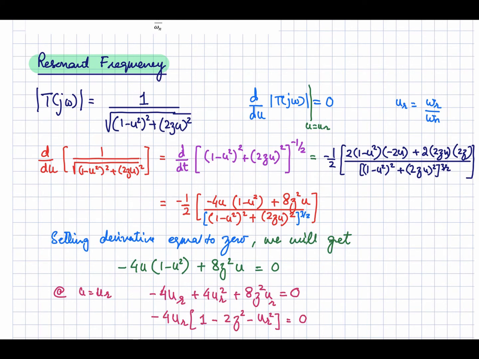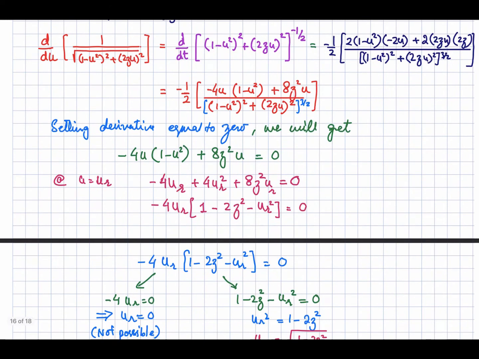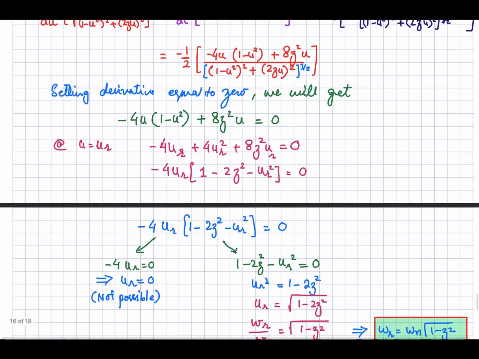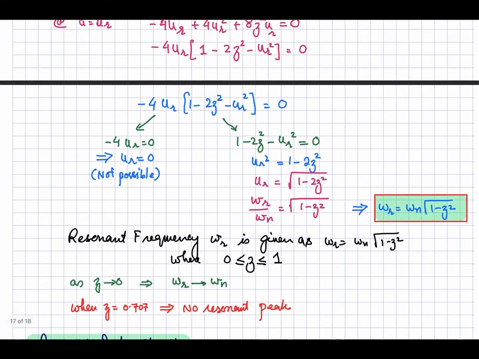So now let's take the derivative of this one. So this one over here, and we can write it like that, and if we apply the derivative rule, that can be written like this. So finally we will get this expression, and if we set this derivative equal to 0, we will be left only with this part, so that will be equal to 0. And if we take u equal to ur, because at this point when the derivative is equal to 0, the frequency will be the resonance frequency, so replacing u with ur, we will get this expression, and this can be written like that. Okay, now this expression has two parts, this one and this one.